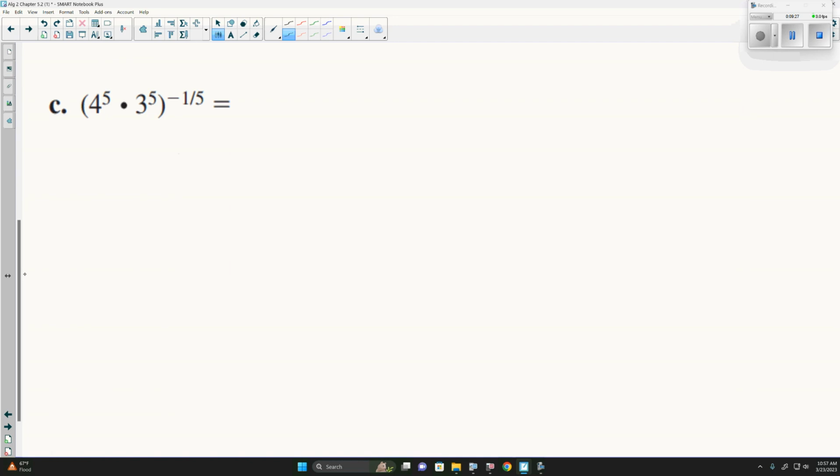4 to the 5th times 3 to the 5th, all to the negative 1/5. So again, the first thing we can do is apply this negative 1/5 to both, which just gives us 4 to the 5 times negative 1/5 times 3 to the 5 times negative 1/5. Now for our first one, 5 times negative 1/5 is negative 1. For the 3, 5 times negative 1/5 is